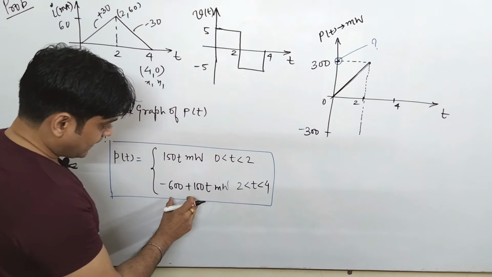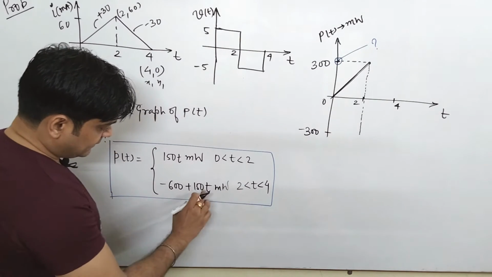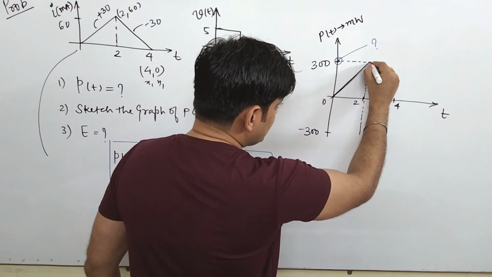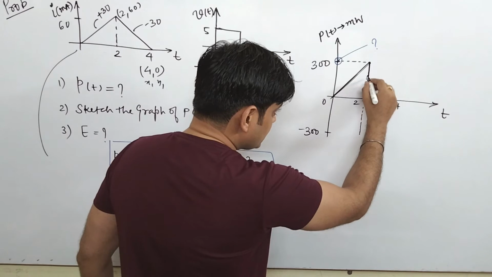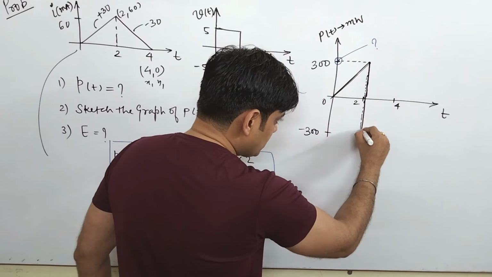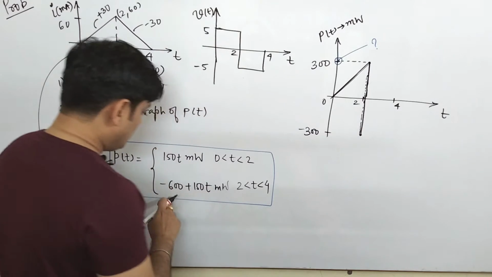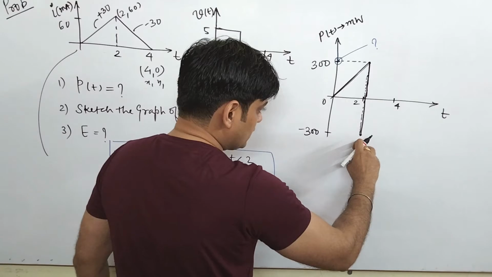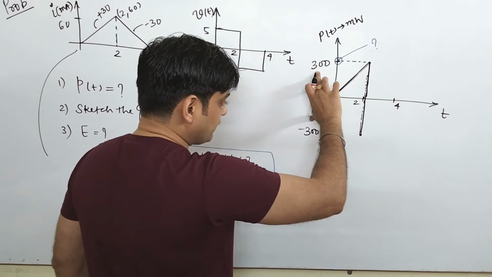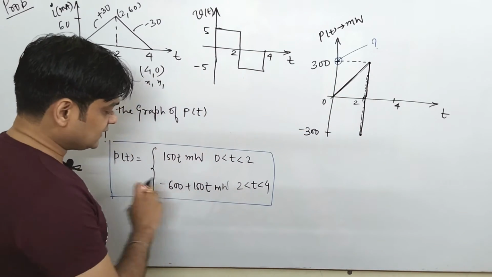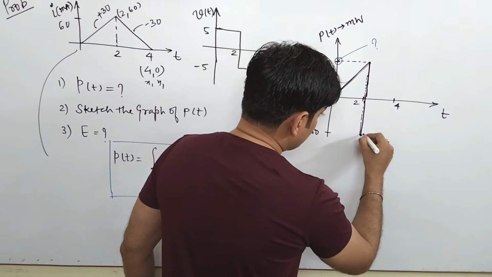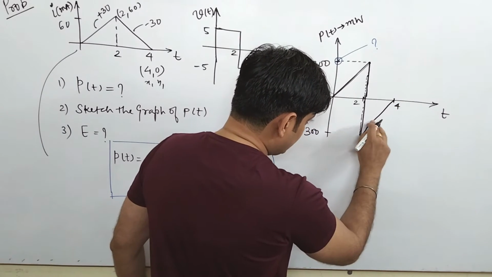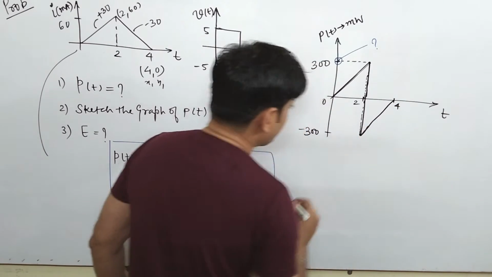Now you see, from 2 to 4 it represents minus of 600 plus of 150t. It means you can say that this signal falls down at the same value, or comes to minus of 600. It is falling from here, so it goes to here. If you find this difference, how much does it come to be? Minus of 600. And there is a positive slope of plus 150t.